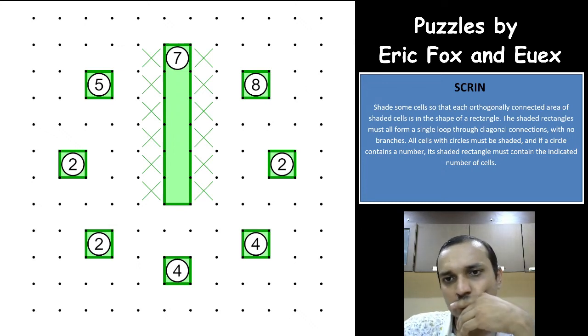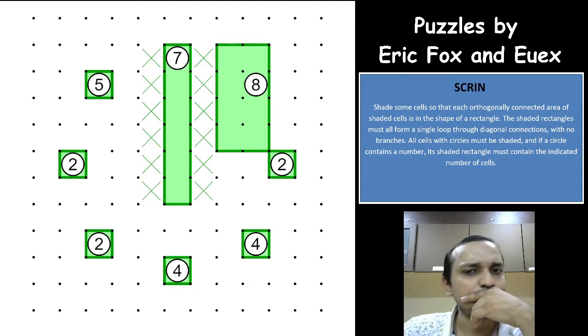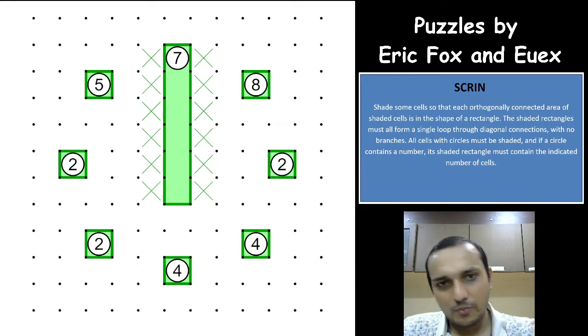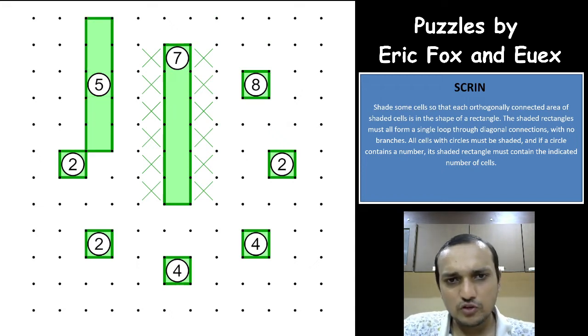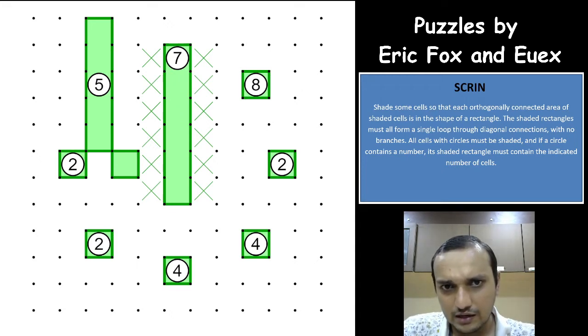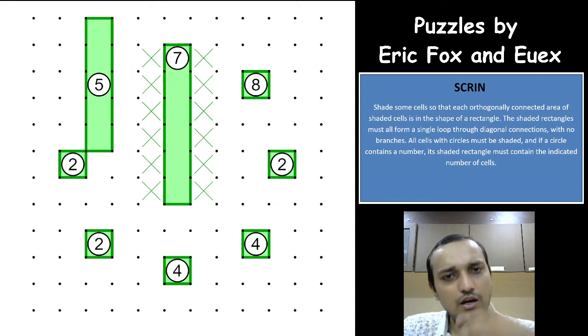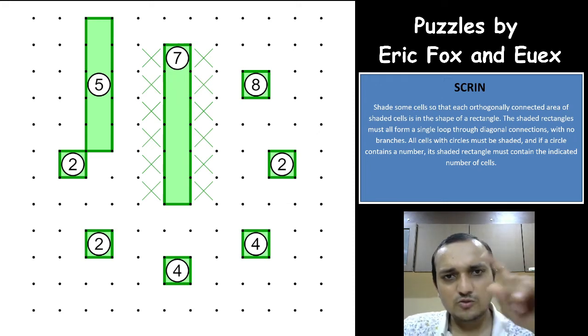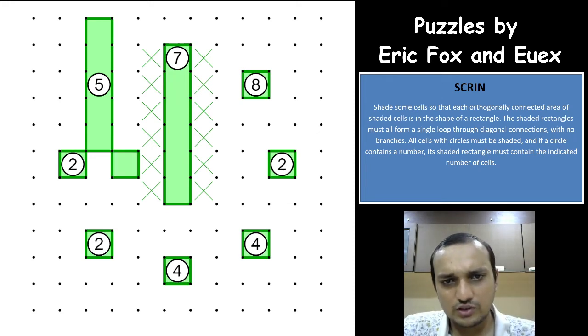Okay, now going with the 8 here, again that's nice. Can this be part of an 8? Yeah, that is possible. Okay, I don't remember the solve path now, but yeah, 5 has only one possible way now. This is the way, right? Which means this would have to be the rectangle. Okay, yeah, 5 is only this way, which means there are only two possible connections for this 5, which is